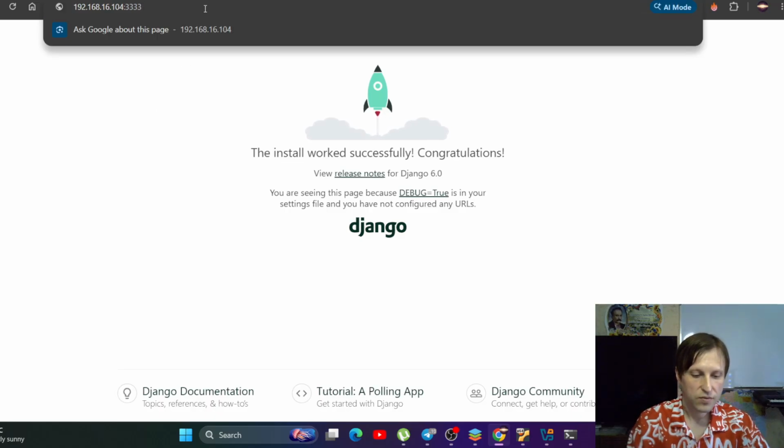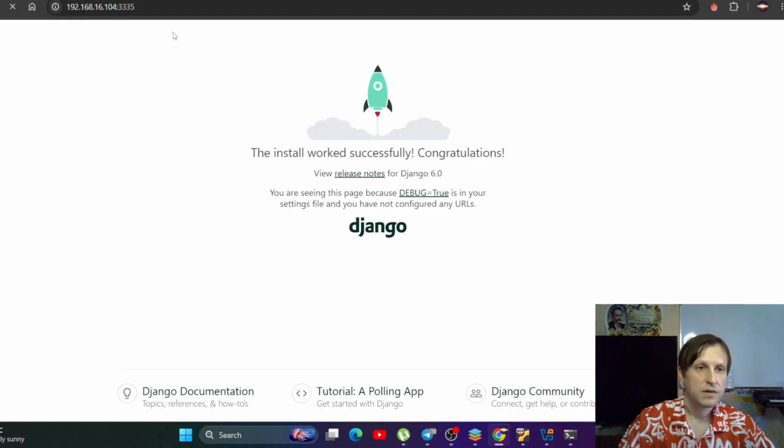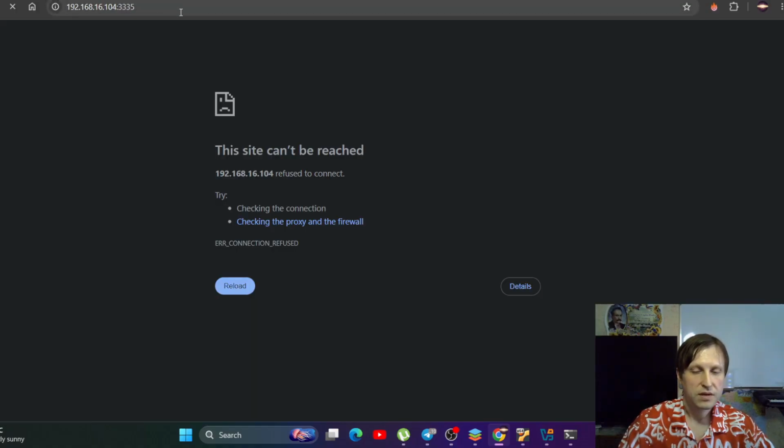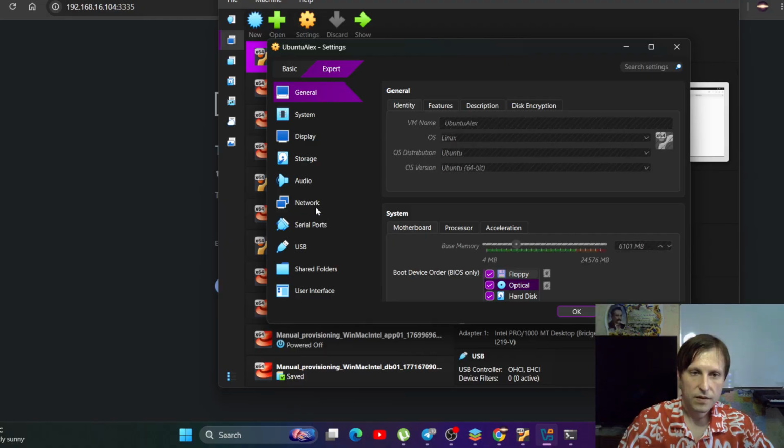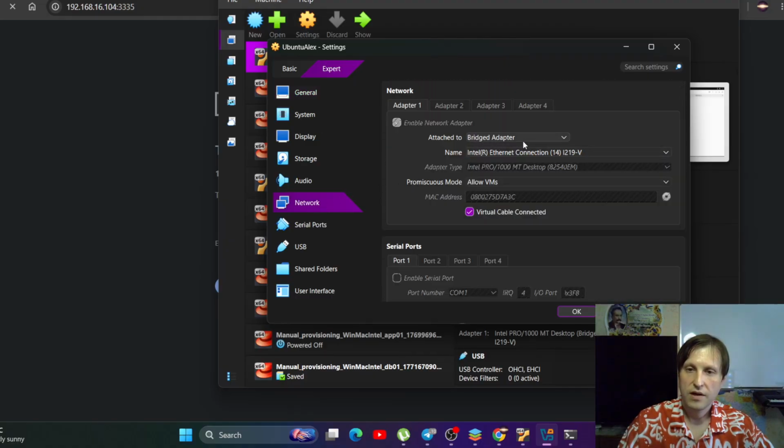And if I change the port, it will not work. See, it's not working. But this is, the network is bridged. If it's bridged, it means that we are on the same network one more time. But if we change to NAT,